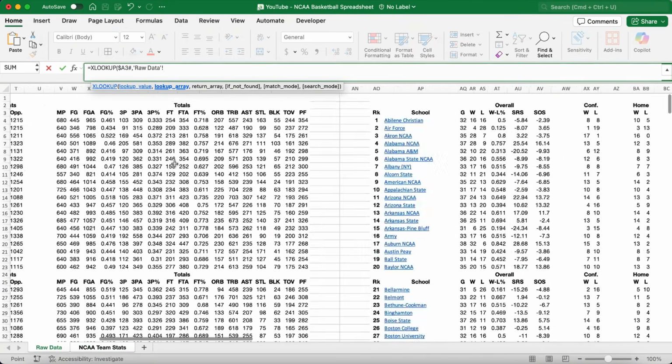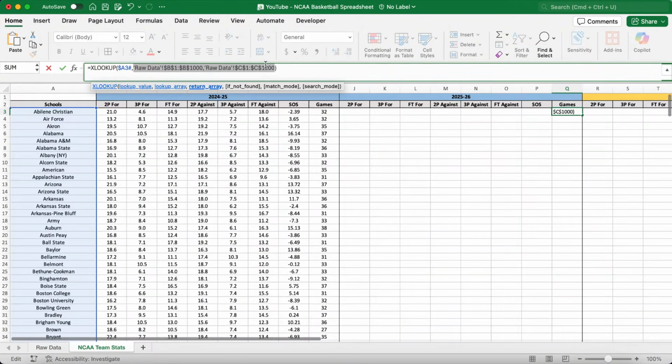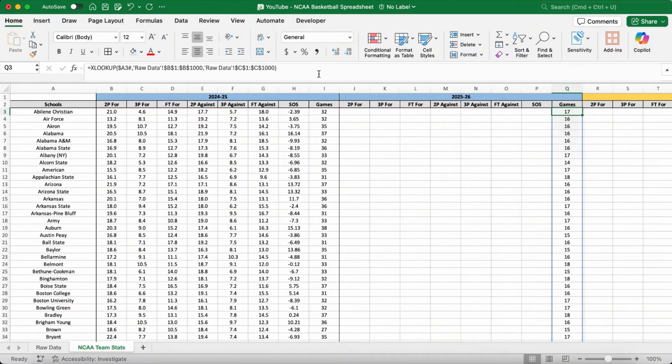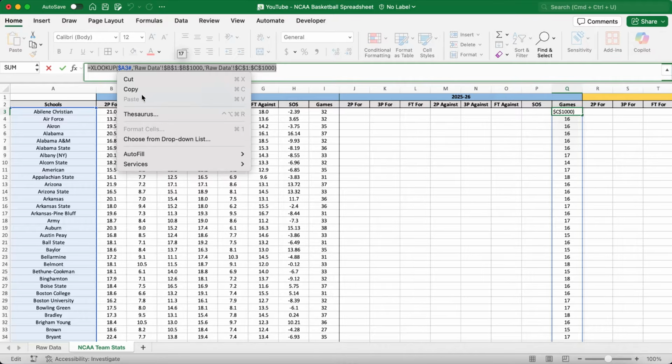We're looking up every school in the A3 array, and we're looking that up in the array B1 to B1000 and returning the range C1 to C1000, the number of games they've played in the current season. I'm going to absolute reference the lookup and return array by putting a $ sign in front of both the row and column before I press enter, and that spills the list of games each school has played in the current